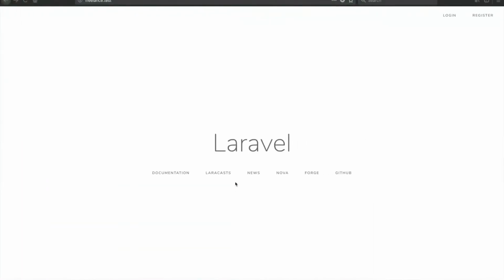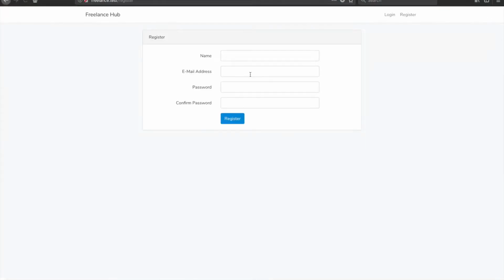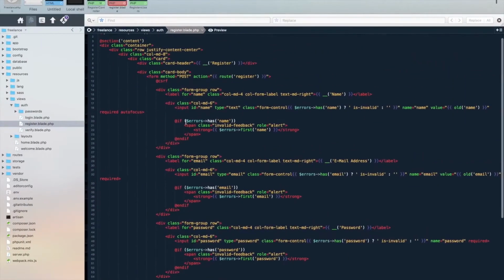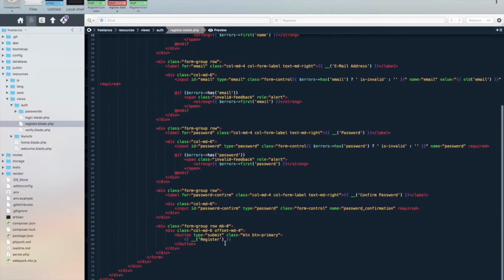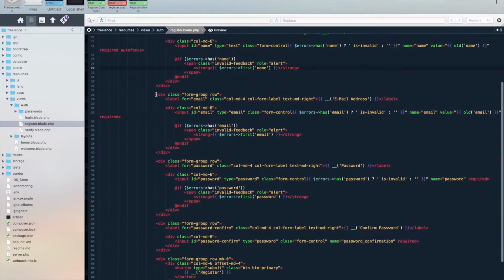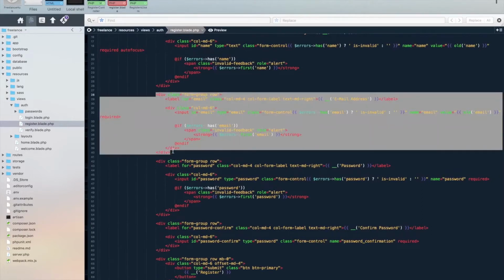So we need to decide where we are going to put our role. So if we look at our registration form, where do we want the role? I'm going to say we might put it under the email address. Okay, so we'll slot it in the middle here and see how we go. If we have a look at the form, it's a bit hard because it's all a bit jumbled up here. But we've got our name field, we've got our email field, and then we've got our password fields. So if I just copy our email field,